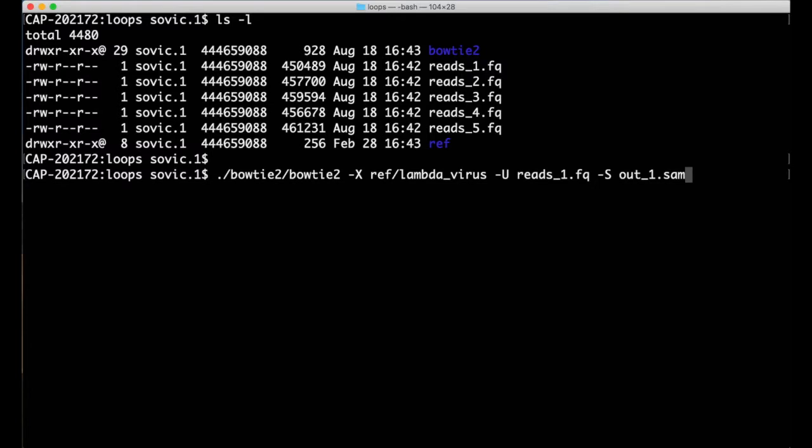But before we get to that, let's think about what the workflow might be without using a loop. One option for doing these 5 alignments is to simply run each separately, one after the other. For example, the command to do the alignment for the first sample might look like this, where the reference genome I'm using, which is designated with a -x argument, is named lambda virus, and is stored in a folder named ref. The input file, the first of my 5 sequence files, is designated as the -u argument, and the -s argument allows us to give a name to the SAM formatted output file.